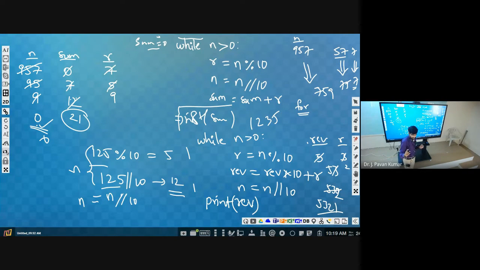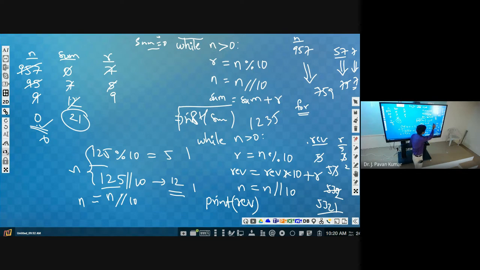Okay. Now one important question. 1 2 3 5. We will get 5 first, as the remainder. Now you substitute here: reverse into 10 plus remainder. Remainder is 5. What is the value of reverse initially? Reverse should be 0.